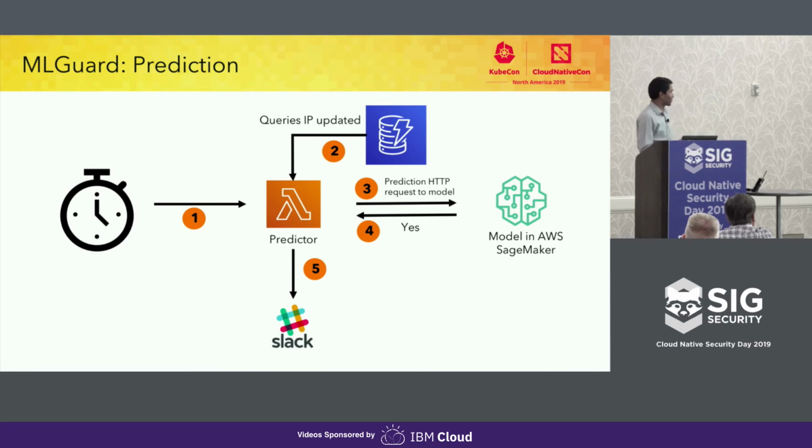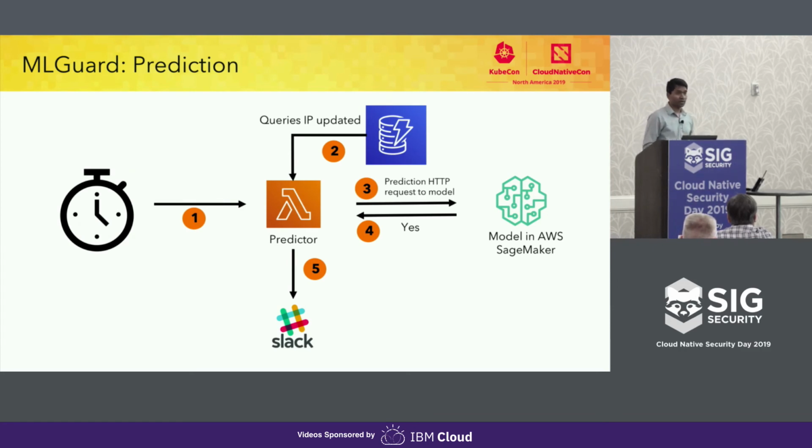So again, we are using periodic Lambda invocation that invokes every few minutes and looks into the recent requests that were sent by IPs, and it gets the model from the database and starts invoking the model with the HTTP request, or with the collection of HTTP requests based on IPs, and starts querying whether this is a good IP, bad IP, good IP, bad IP. And SageMaker, our model, tells us the results.